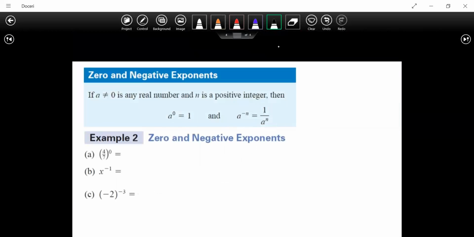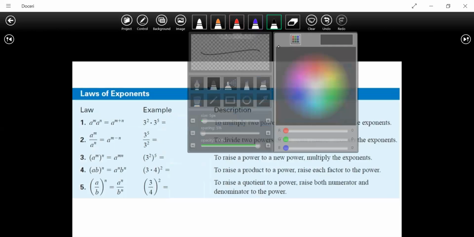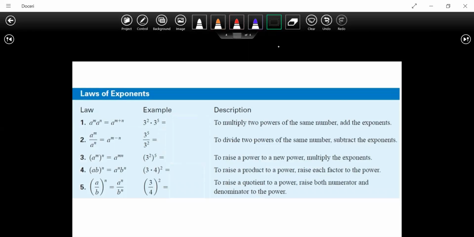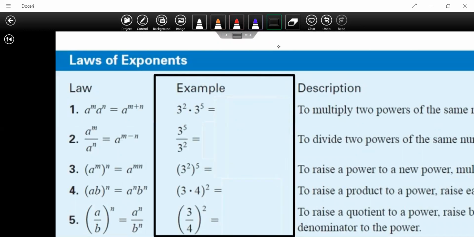Our laws of exponents are going to be crucial when manipulating terms and exponents. I've given you a little section right here. I'm hoping you guys can see it. This is where our problems are going to be. If you need more room, please use the back if you need more. The first part of this, rule number 1, is that for exponents with the same base, you can add the exponents. Same base, we can add the exponents. So this is going to be